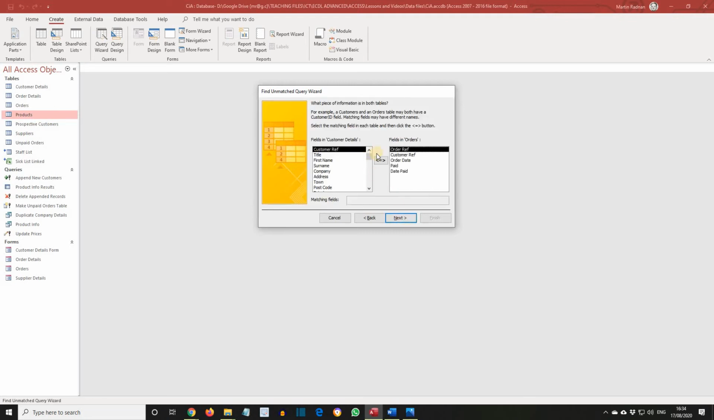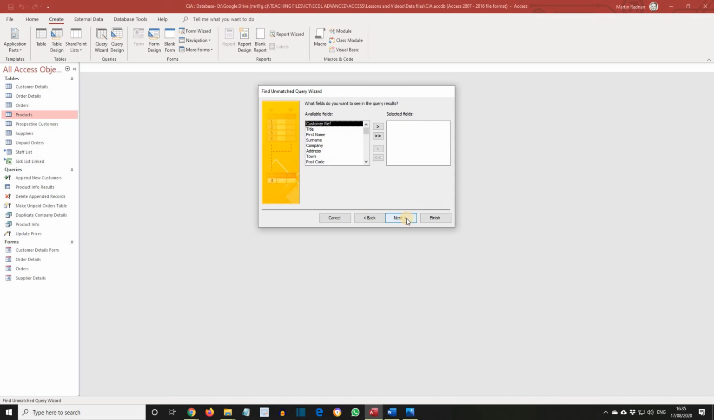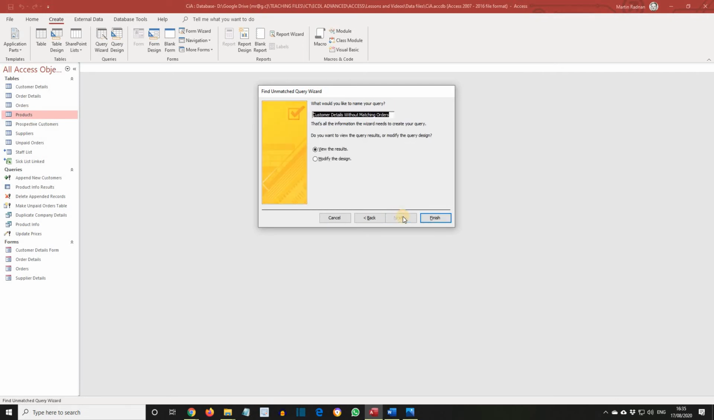Highlight the customer ref in both tables, and then select the less than equals greater than button. This is the field that is to be matched in both tables. Click Next. Click the double arrow to view all the fields in the query results, and then click Next. Name the query No Orders. Click Finish,